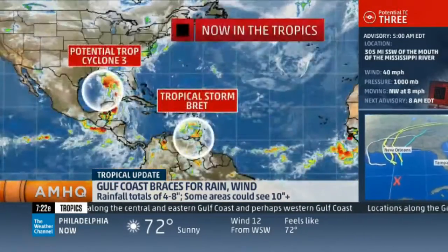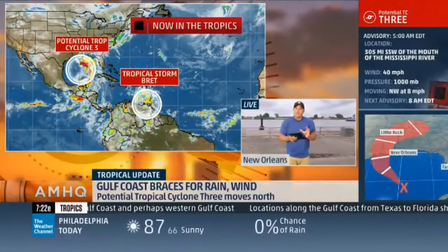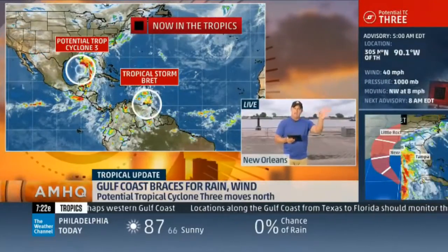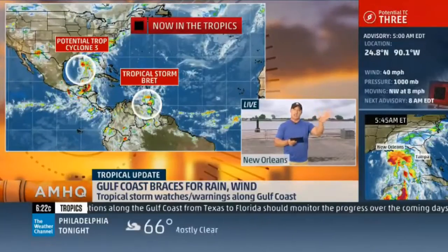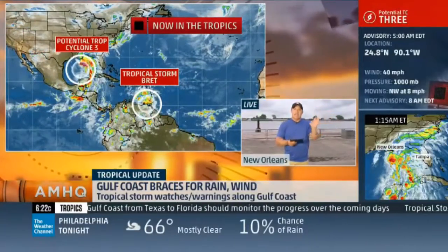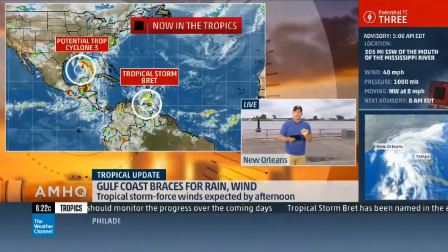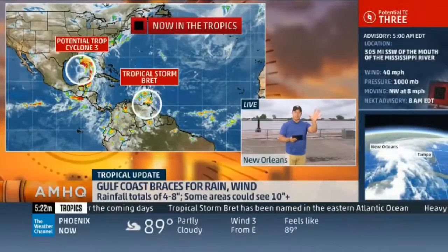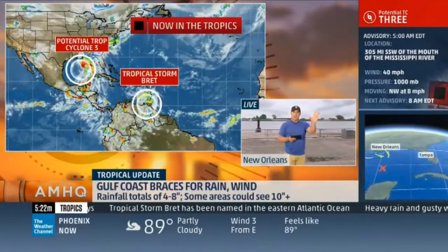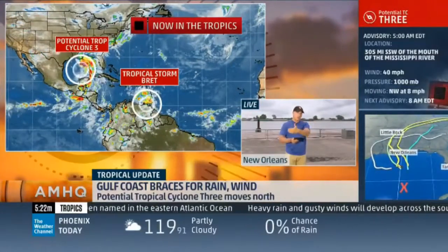All right, so post-tropical cyclone 3, which is essentially the short of it, it's a tropical storm, kind of, in the making. But it allows the Hurricane Center to pull the options of tropical storm warnings and advisories, cones and things like that, if it were a tropical storm, if that makes sense. So meteorologically, it's not one yet, but handling it from an analytical perspective and what they have to do for emergency managers, it is one because it has a cone. Brett, we know, went from post-tropical cyclone 2 to